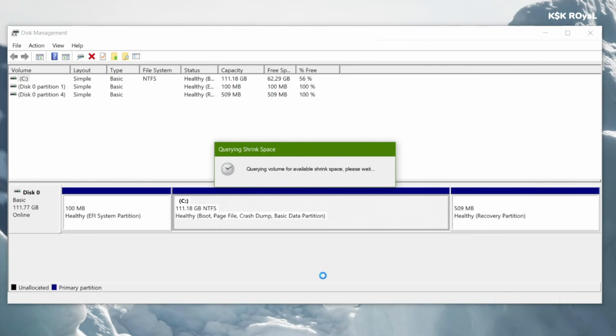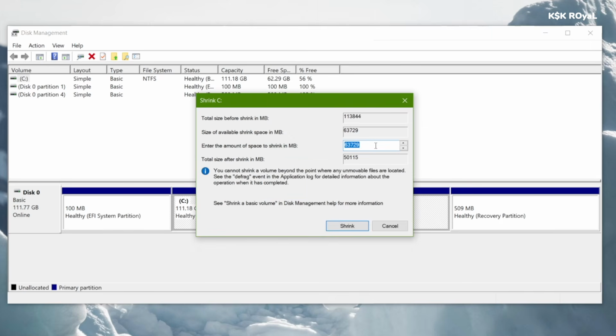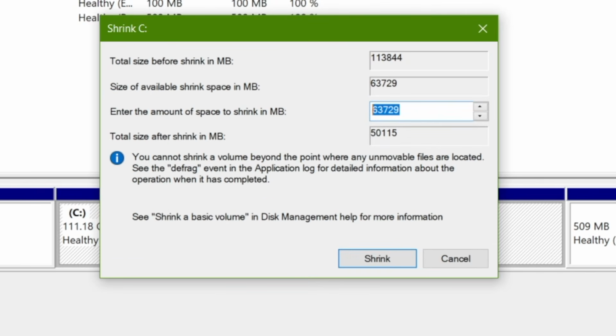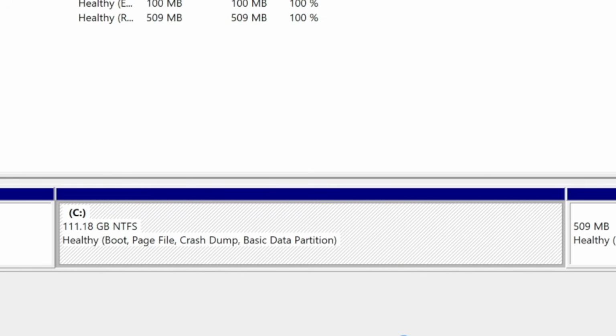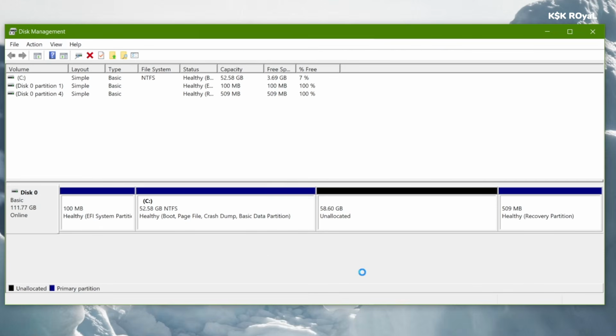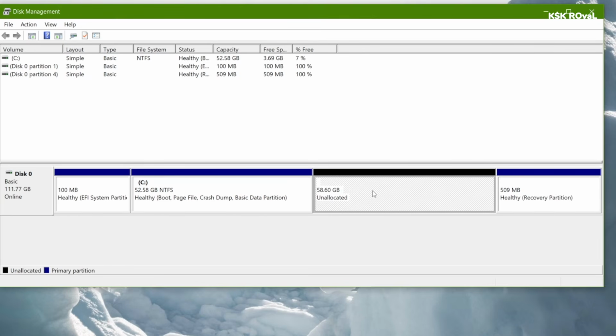For Ubuntu and Kali Linux, you need at least 30 GB for each distribution. In this case, I'm going to allocate 60 GB of free space. Using this 60 GB, I'm going to use 30 GB for Ubuntu and 30 GB for Kali Linux. You can use more than that if you have a lot of space left on your drive. Once it's done, you can see unallocated free space, which is where we will be installing Ubuntu and Kali Linux in a few minutes.